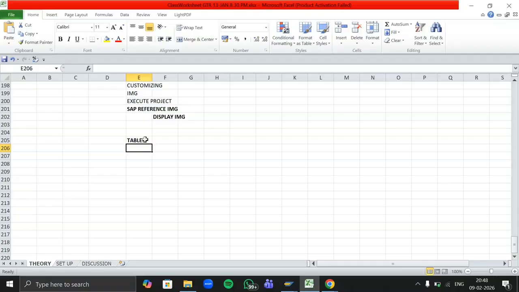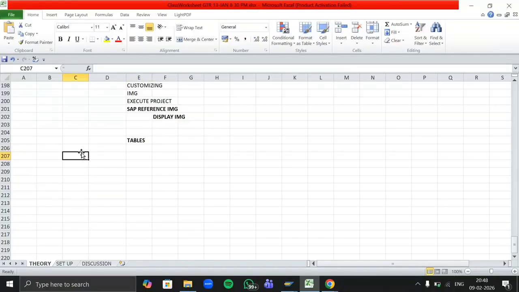This HANA database uses the format of tables to store its data. A table is a database object which is used to store our data in a HANA database permanently. We have this Excel sheet, right? How does this Excel sheet store the data? It stores the data in the form of rows and columns, right? Rows are the records and columns are like fields. In the same way, these tables also store the data in the form of rows and columns.